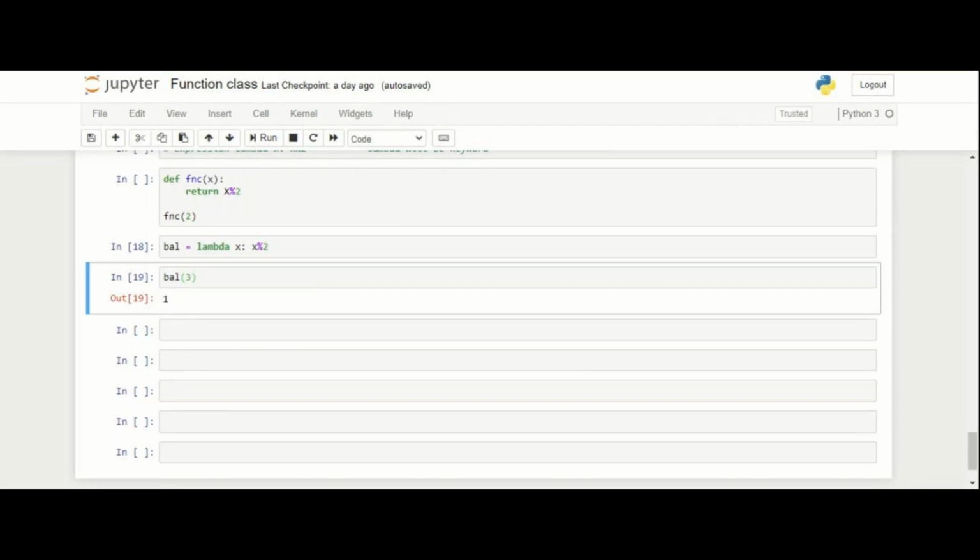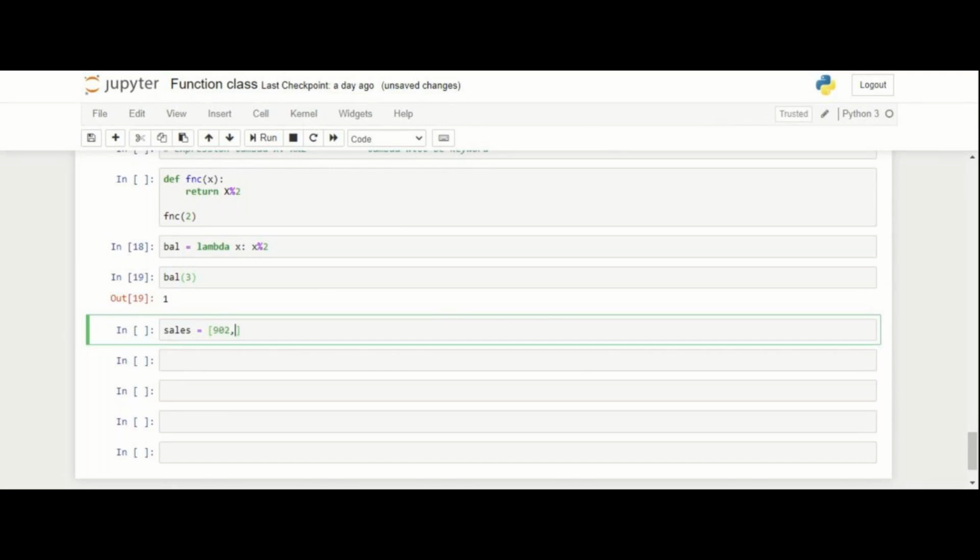The same thing I want to implement with the help of a lambda function. So how can we do it with the help of a lambda function? The first and foremost task is to define my list, right?